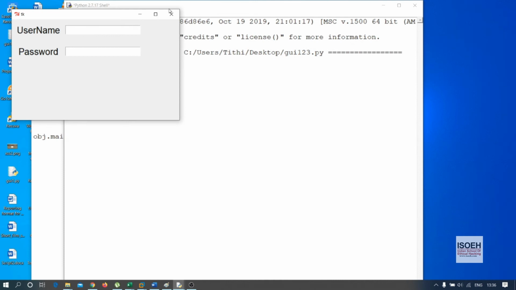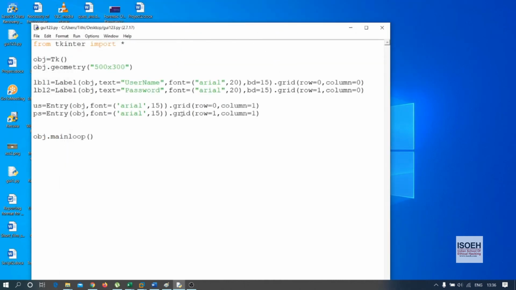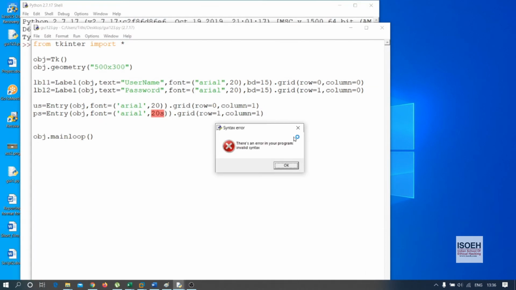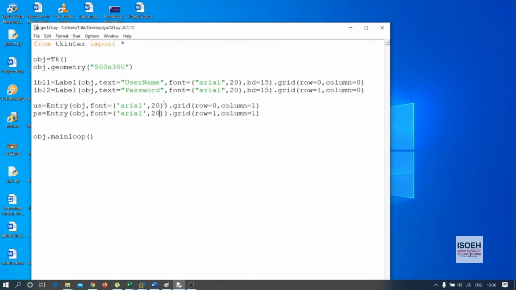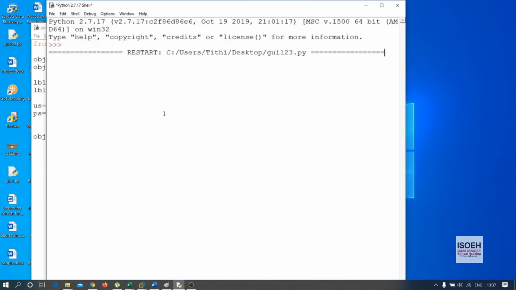Now it is okay. Now you can add some border. If you want, you can change the size. Now you can add border also. The same variable bd equal to some value, but for entry, if I am giving bd equal to 15, and for this also if I am giving bd equal to 15, then look what is happening.